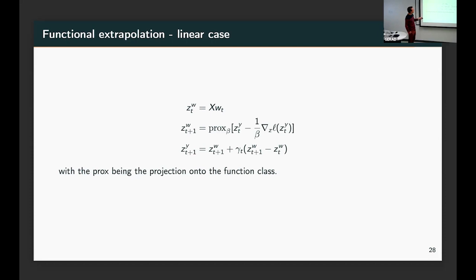What you can show, and I don't want to go through the details, is that if your function is a linear function, so the output of my function is my design matrix times W, then whether I do acceleration in function space or acceleration in parameter space is exactly the same thing. So my claim is that people have been doing Nesterov in the parameter space, but from the get-go they should have done it in the function space, but they didn't realize they were wrong because for simple models these are equivalent. But as soon as we move to more complex models, these two become distinct, and we actually need to do it in function space.